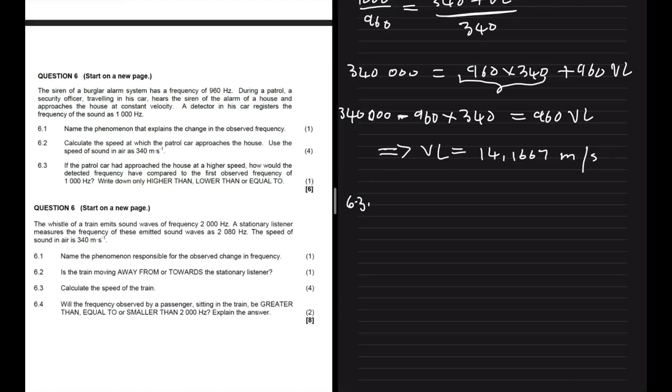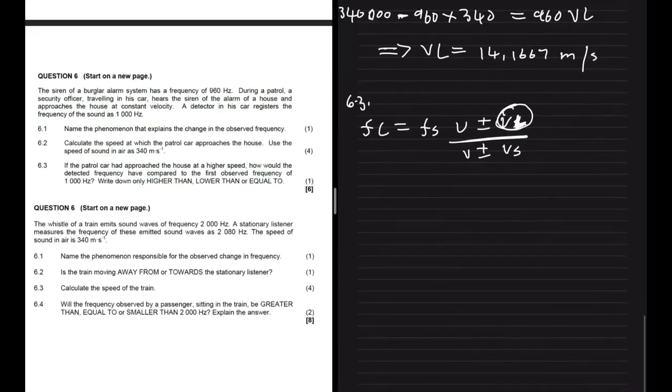FL equals FS times V plus or minus VL, divided by V plus or minus VS. The car is now approaching at a higher speed, so we're increasing the numerator and keeping the denominator the same. If you increase the numerator and keep the denominator the same, the overall number will be higher. So in this instance, the frequency will be higher than